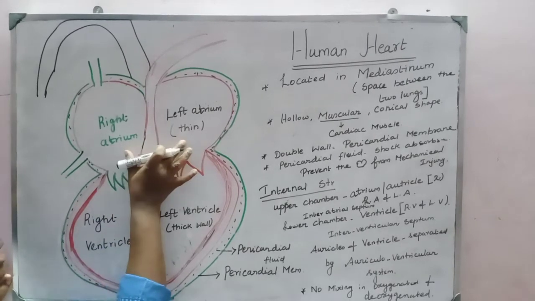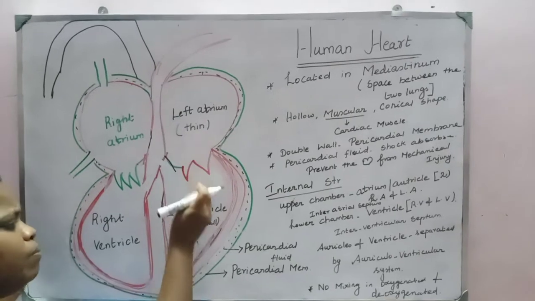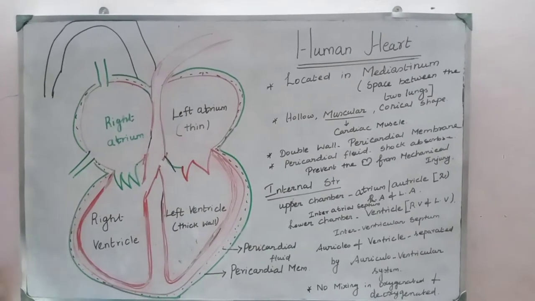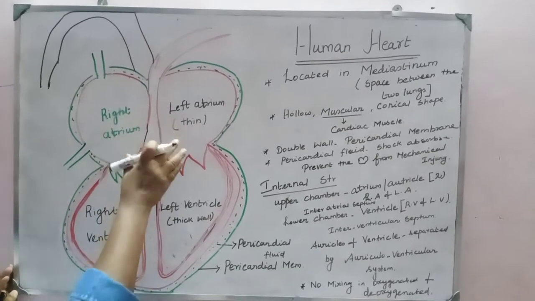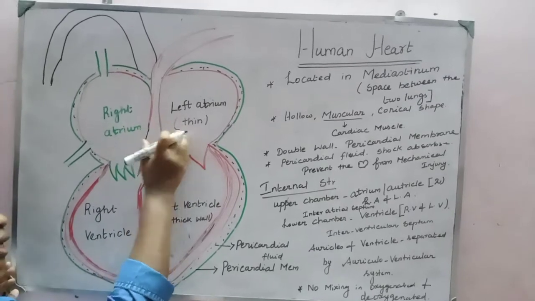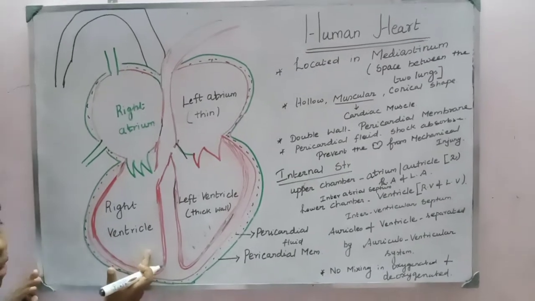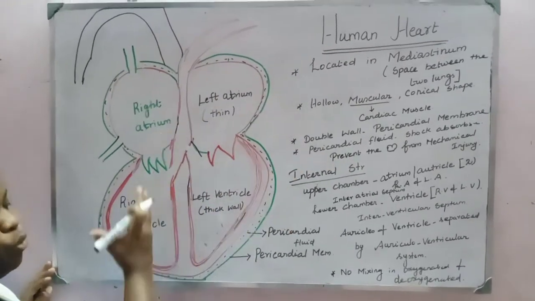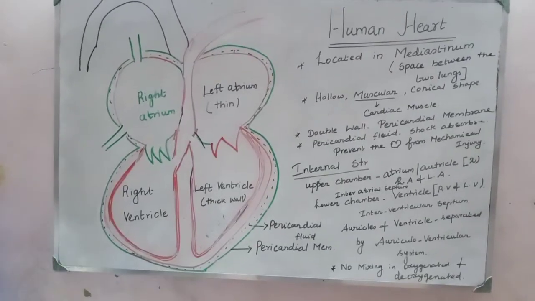See, the atrium have a thin wall. Why? What is the reason? They pump the blood into the ventricle, right? That's why they have a thin wall. Are you clear? Ventricle have a thick wall. Auricle have a thin wall. Why? What is the reason? The two atria or two auricles pump the blood into the ventricles only. But in the case of the ventricle, it pumps the blood into various parts of the body at a high speed, right? That's why they have a thicker wall.